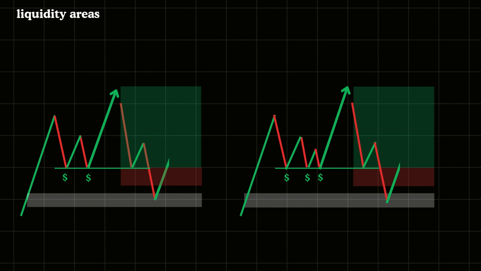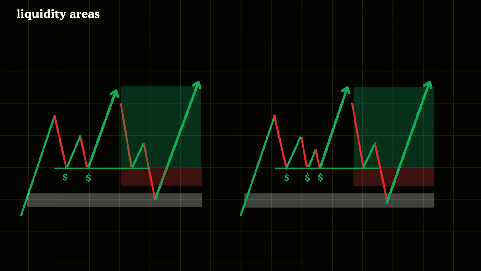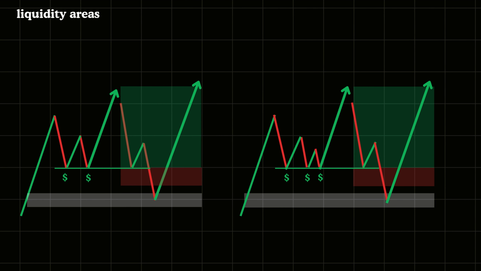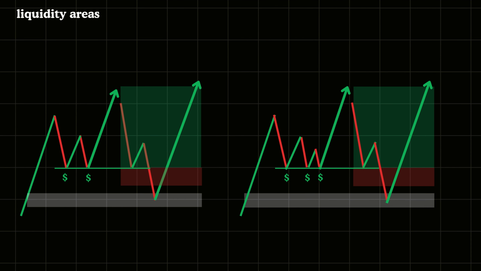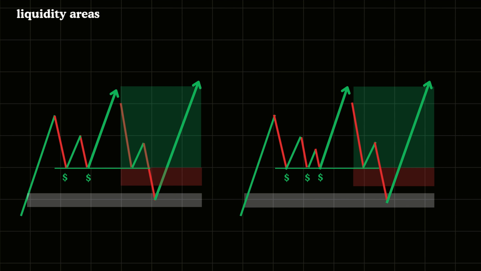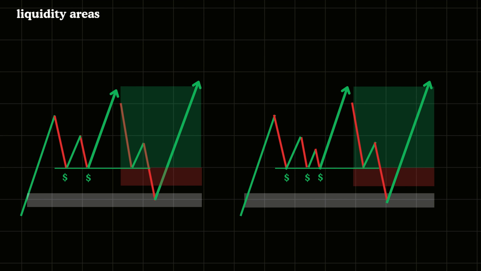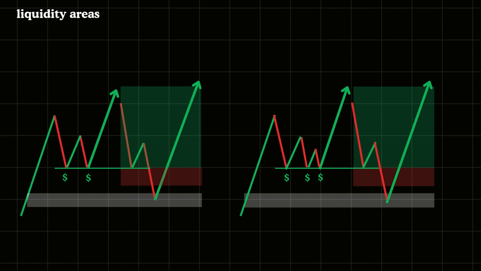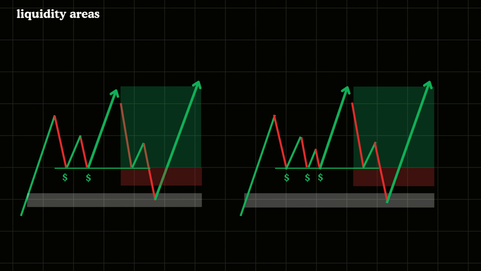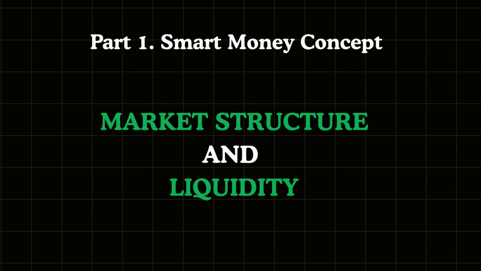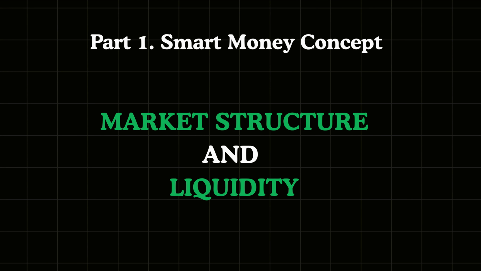As a result, a large number of stop-loss orders and liquidity pools tend to build up just beneath or above those areas. Smart money strategies aim to trigger or sweep those stop-loss levels placed by retail participants. Our goal is to position ourselves after this liquidity has been cleared, taking advantage of the shift that follows the stop-loss hunt. Now let's walk you through some of the most effective models that integrate market structure with liquidity zones